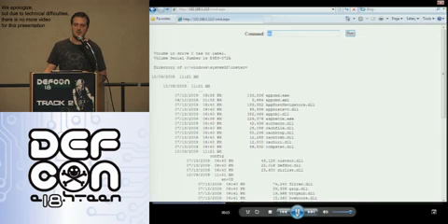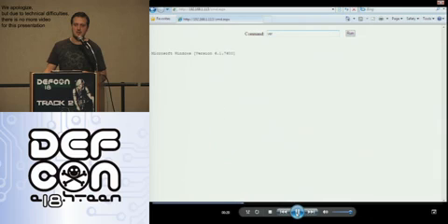I can run any command, and you can see the version is 6.1, Windows 2008 R2, and the worker process of Internet Information Services is running under this special account